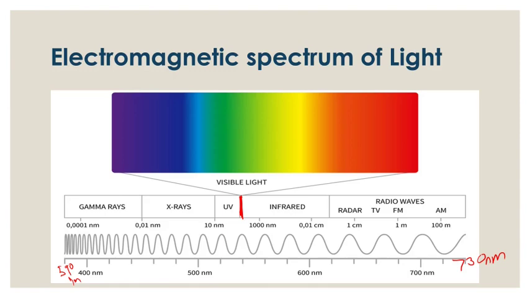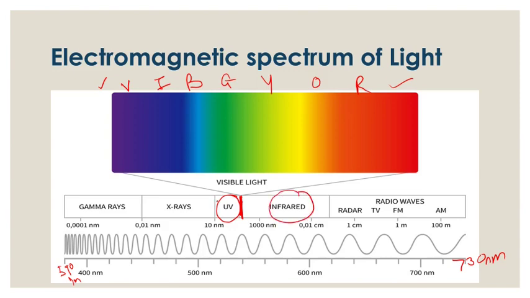What is visible light? It is where we can actually see different objects. And if you see, it is broken down into a spectrum of seven colors: violet, indigo, blue, green, yellow, orange, and red. Seven colors. Towards the left hand side there is violet, and towards the right hand corner there is red color. To the left hand side of the visible light there are ultraviolet radiations. To the right hand side there are infrared radiations.